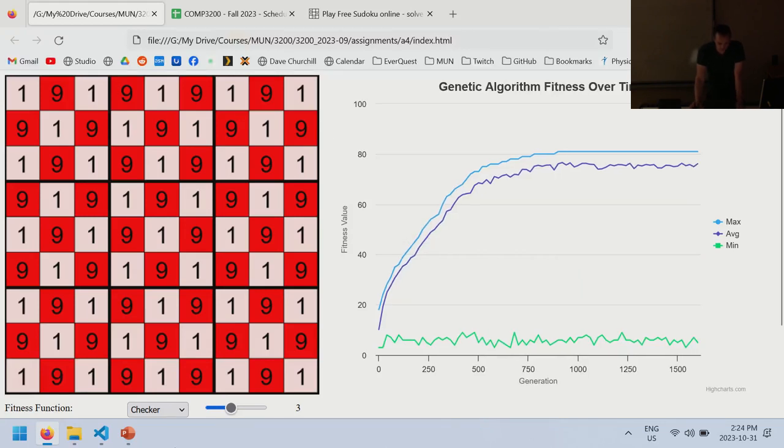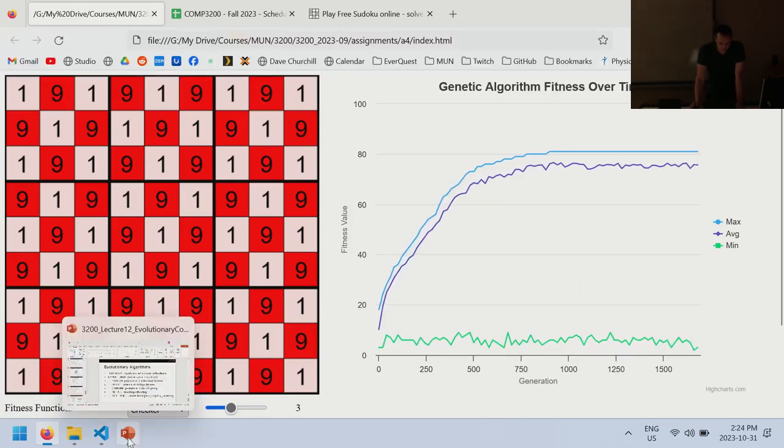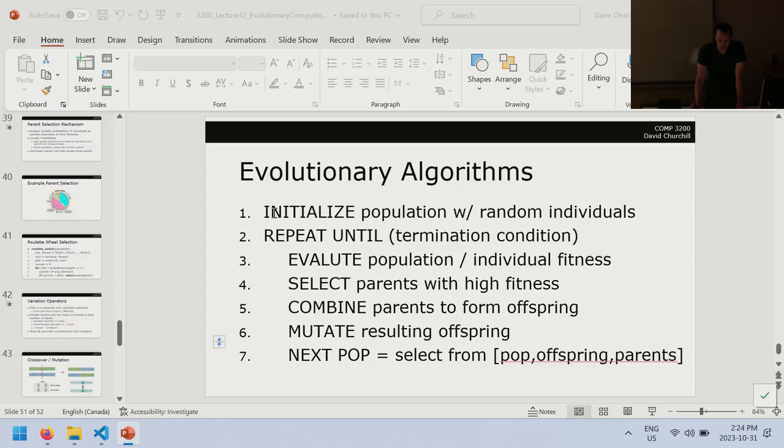All right, so let's jump into the slides real quick. So what I've done for you in the assignment is, if PowerPoint wants to actually respond to me,